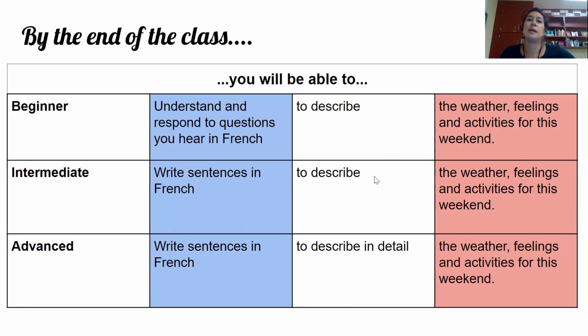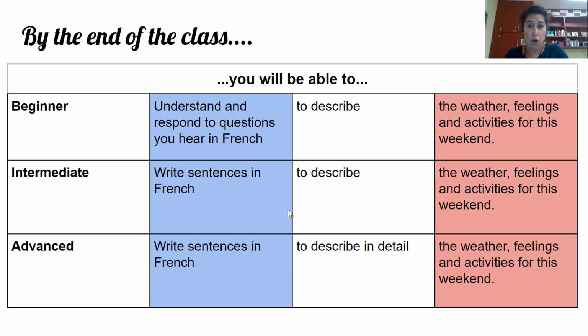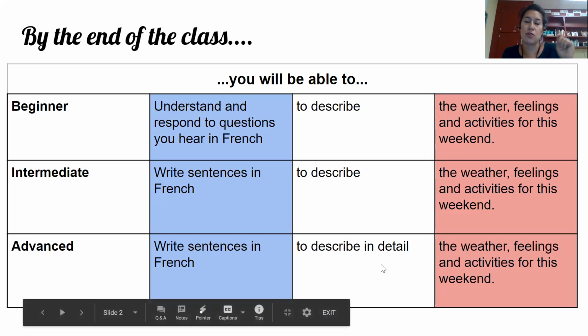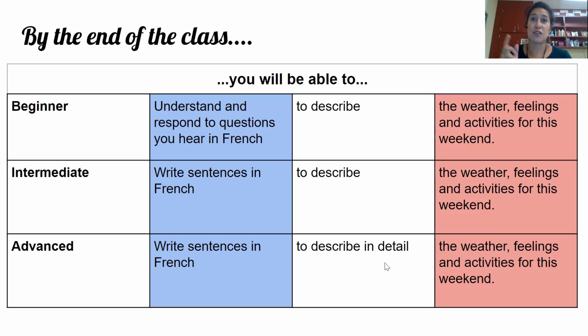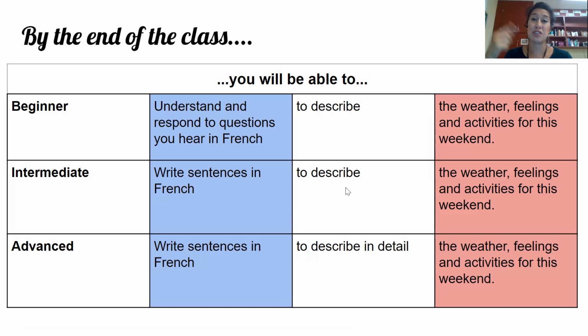You're going to hear a lot from me, but then at the higher levels, I want to read about you. I can't necessarily hear from you right now, so I'm going to read about you because you're going to be writing sentences, and depending on how good you are at French, like how much French you've taken, it depends on how much detail you give. Don't skimp, don't write one little thing and send it, because there's a lot of students that write paragraphs and then you look bad when you've just written one little thing. Especially the French 1s are writing a lot, not their own sentences, but when they're copying the text, some of them are writing the whole entire text, and then I get French 3s who are writing like one little phrase.